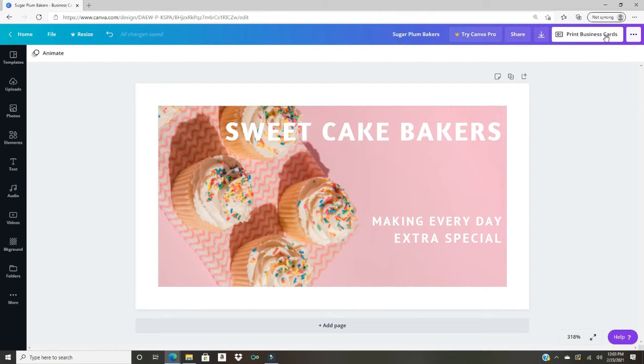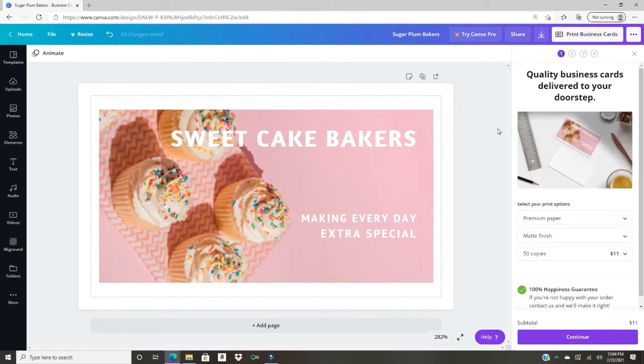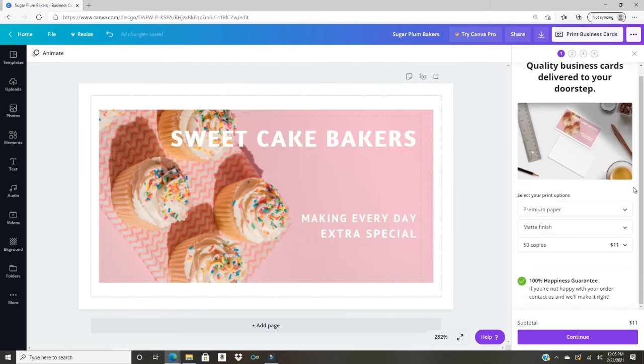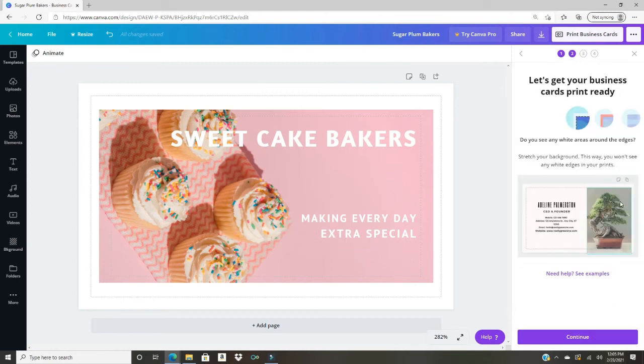So if you didn't know, Canva also prints documents as well, and they'll ship them to you. So if you go to the upper right where it says print business cards, it even shows you right here in this preview that there will be white on all four sides of the business card once you receive the printed cards. So if you hit continue,